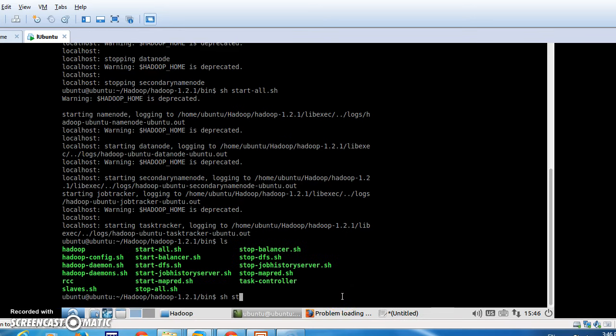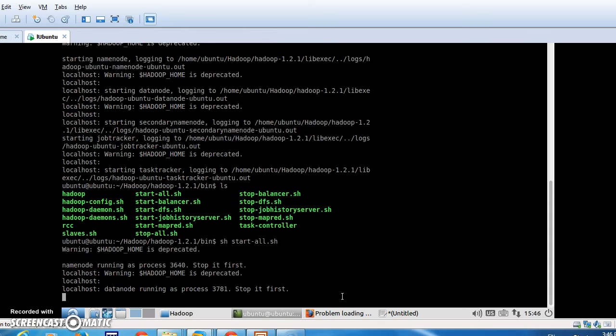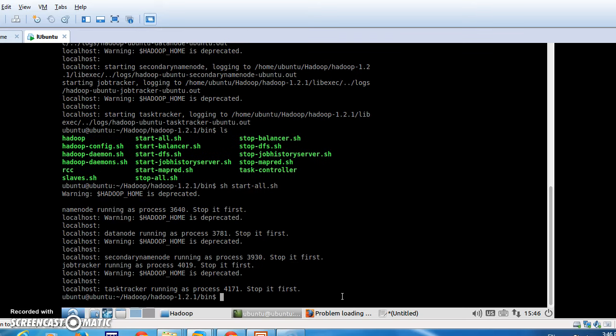I will execute this start-all.sh, which is going to start all the nodes of the Hadoop system. This is mandatory before running the HBase. So we have to start the Hadoop system first, then we can go to the HBase thereafter.